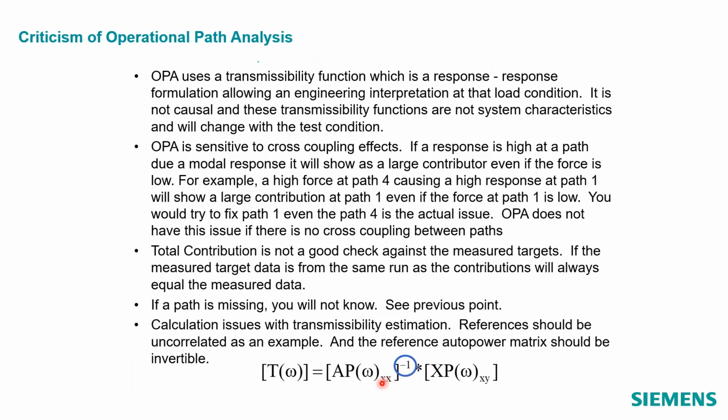The other thing I'll mention here is through the years I've had people call me or email me and say, hey, if I calculate transmissibilities in Test.Lab, and if I use one reference or two references or six references, they're different. And that's true. It's because those references are partially correlated. In a modal context, when we calculate a multiple input, multiple output FRF, the references, the forces, have to be perfectly uncorrelated. Otherwise, that calculation falls apart. And that's what we see here as well, that when you turn on multiple references, the transmissibilities will change.